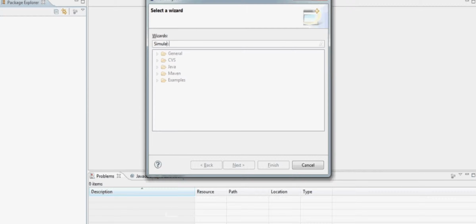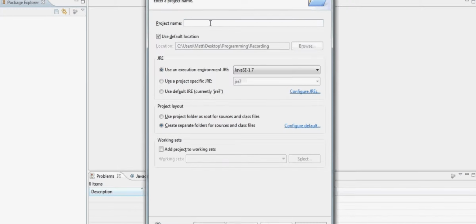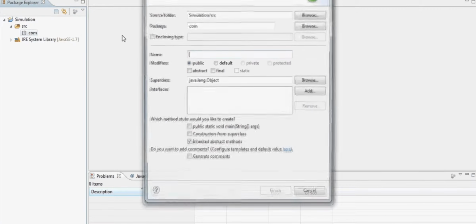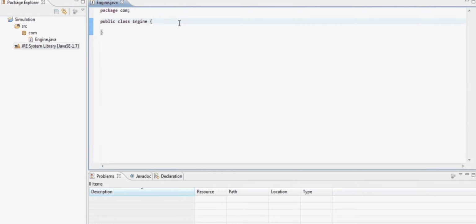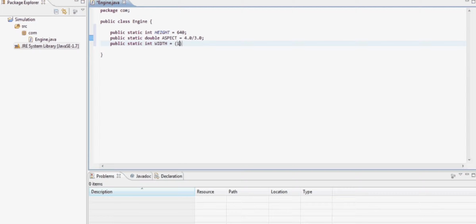Okay, hello and welcome to the first part of programming with Matt. Basically the idea of these videos is just to take you through as I program an entire game. The main thing you'll see in this video is just me setting up the main engine for the game. Normally I don't have to do this, I can use a file that I have preset. However, I didn't want to do that in this one, as I thought it'd be better to show you programming a